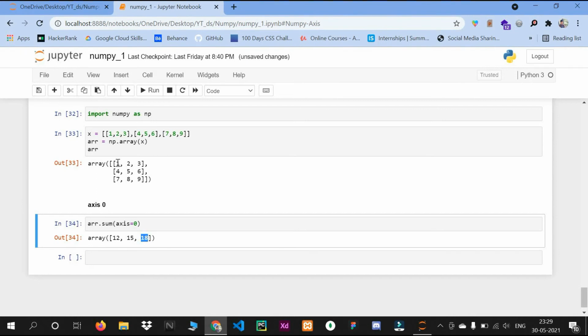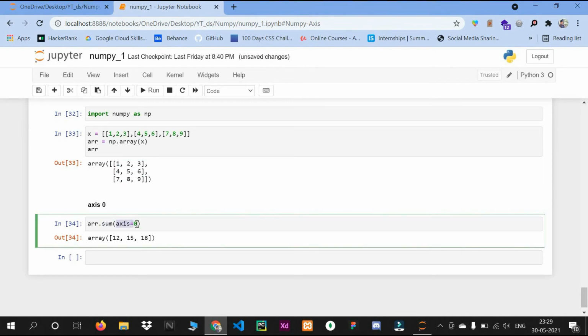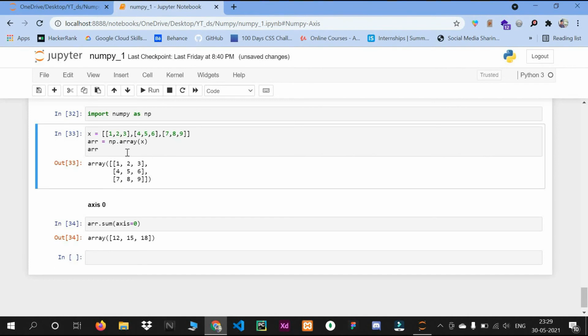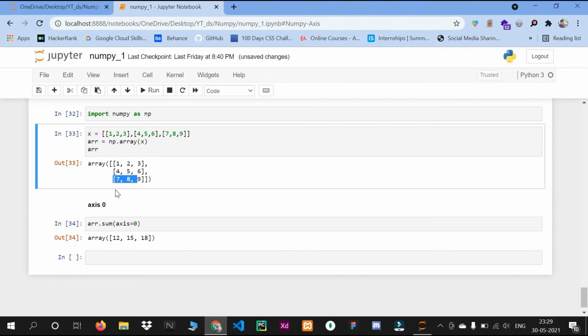So this sum adds the elements, and we have passed axis 0. So it adds this all, like this first column, second column, third column, and gave us one new array. So this is not one array, means this is one new row. So it is added as a new row.